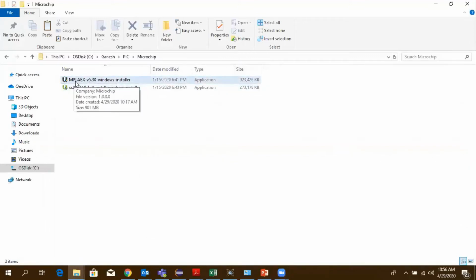So if you look here, MPLAB X version 5.30 Windows installer. This is the downloaded IDE. XC8 version 2.10 is the installer for the C compiler. So we will install the IDE first.